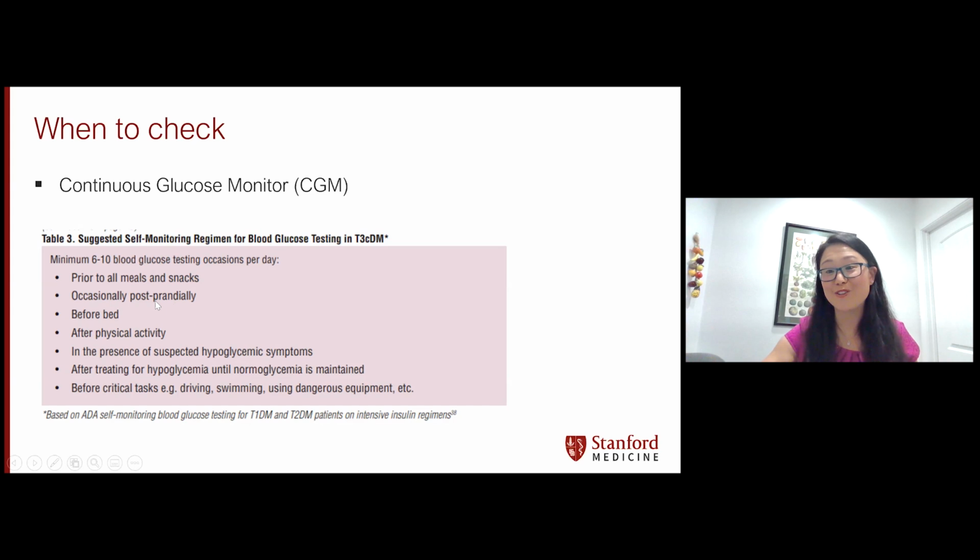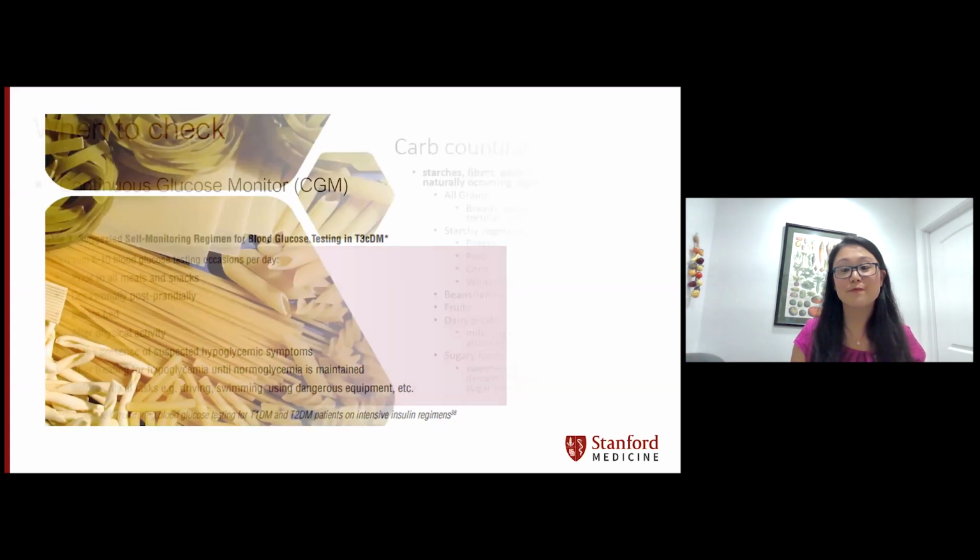For some people, less than 200. It just depends. Before bed, so you know what your blood sugar is before bed, if you're going to be physically active, or maybe you have a day full of lots of doctor's appointments, I check blood sugar a little bit more those days because you're probably up and moving and using your muscles more than usual. If you have any low blood sugar symptoms like cold, clammy, sweaty, shaky, some people say it just feels like all the energy was sucked out of them, if you have any of those low symptoms, I would recommend checking. And then also if you're going to do anything where you really want to make sure that you know where your blood sugar is at.